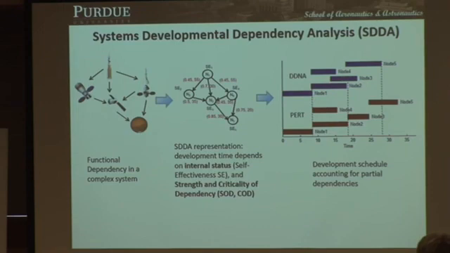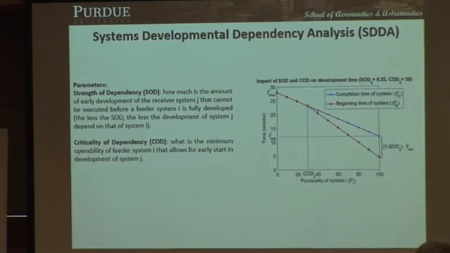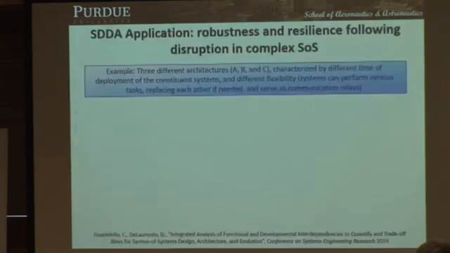There's some risk associated because I can start my development, my other stakeholder tells me these are the data you can base upon, but at some point they will say, oh, you know what, I'm not giving you the system anymore, or I will have 2 years delay. How does this impact what we're doing? And how do we use this together with SODA to decide topologies that are more robust towards attacks? I will skip the model and just say how much we can start our development ahead of time.